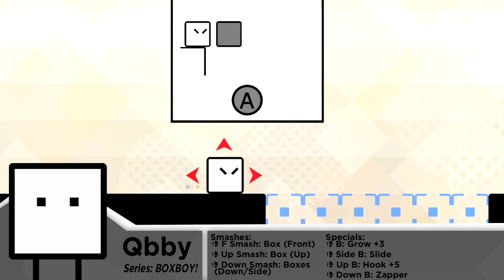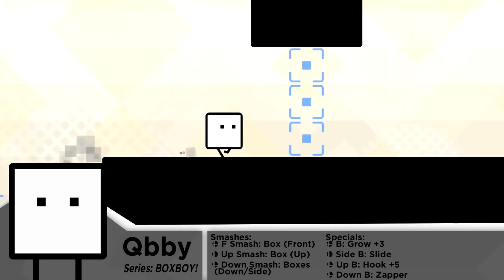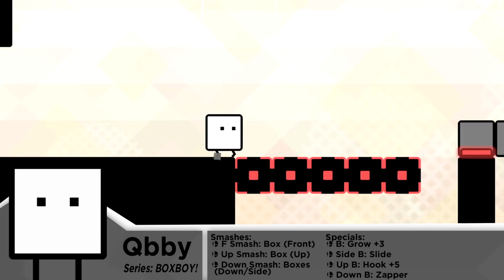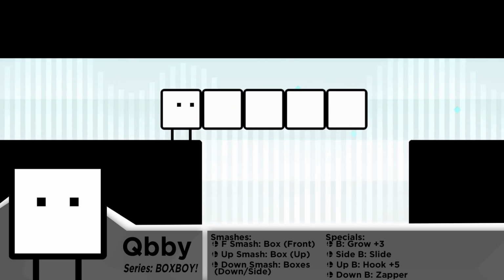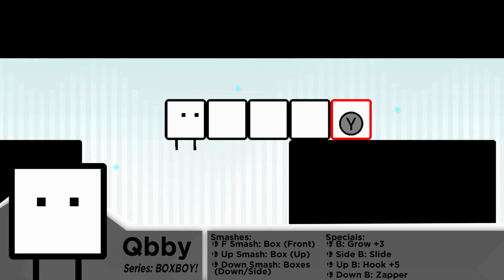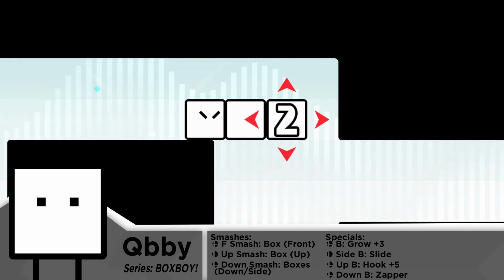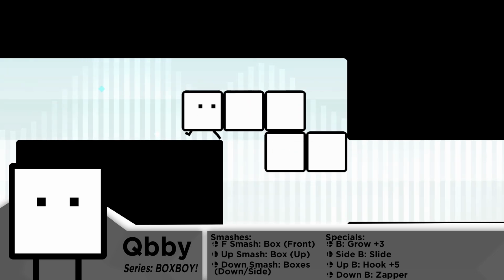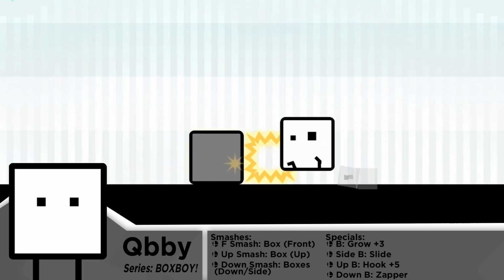Side B and up B add even more versatility on top of expanding his reach. Side B is called Slide, which fires his attached blocks forward as a decent mid-range projectile. And up B is Hook. Hook would allow you to grow an additional 5 boxes much quicker than Neutral B, and on release you would quickly fly through your connected blocks to the end. It's not the easiest recovery, but you can cover a good distance and you would be able to jump again out of it. Down B would fire a slow-moving zapper block forward that would deal good damage and stun the